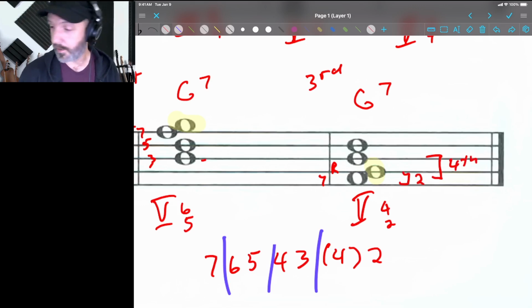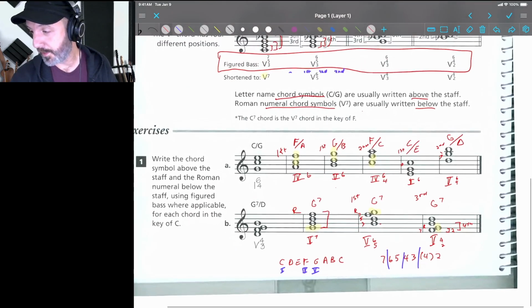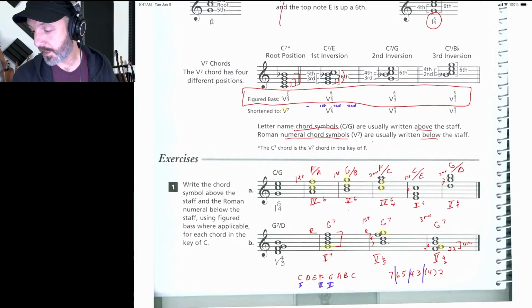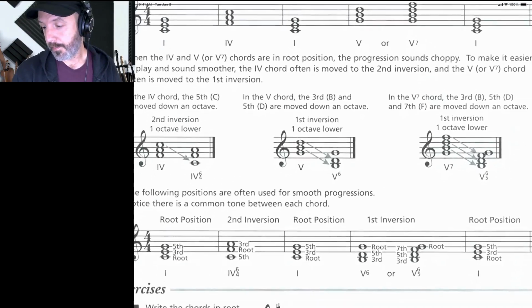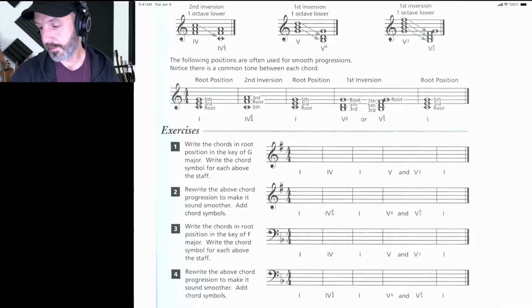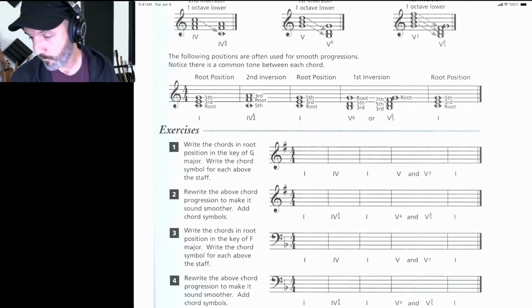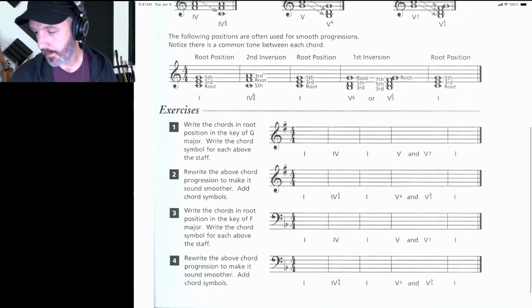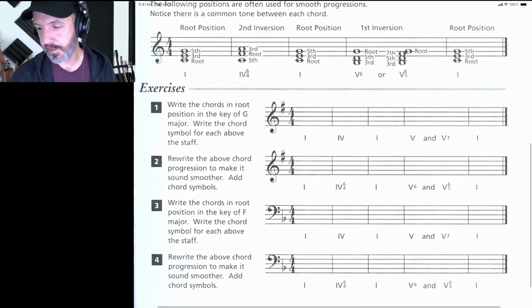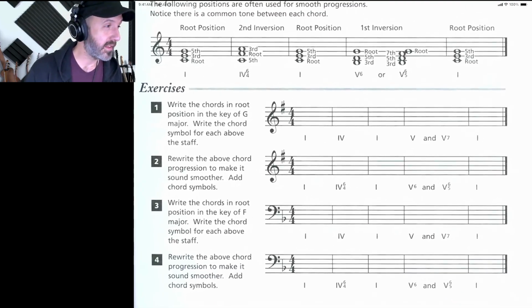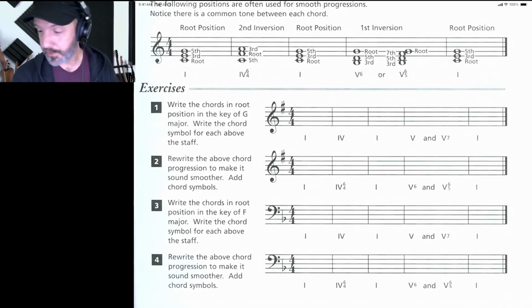How are we doing on time? Oh, 40 minutes. I try to make these as fast as I can, but it really does take time to get through these guys. It's a lot of work. Major scale progressions. Oh, man. I'm going to work this out, but I think this might be too much to try to get through in one week. So